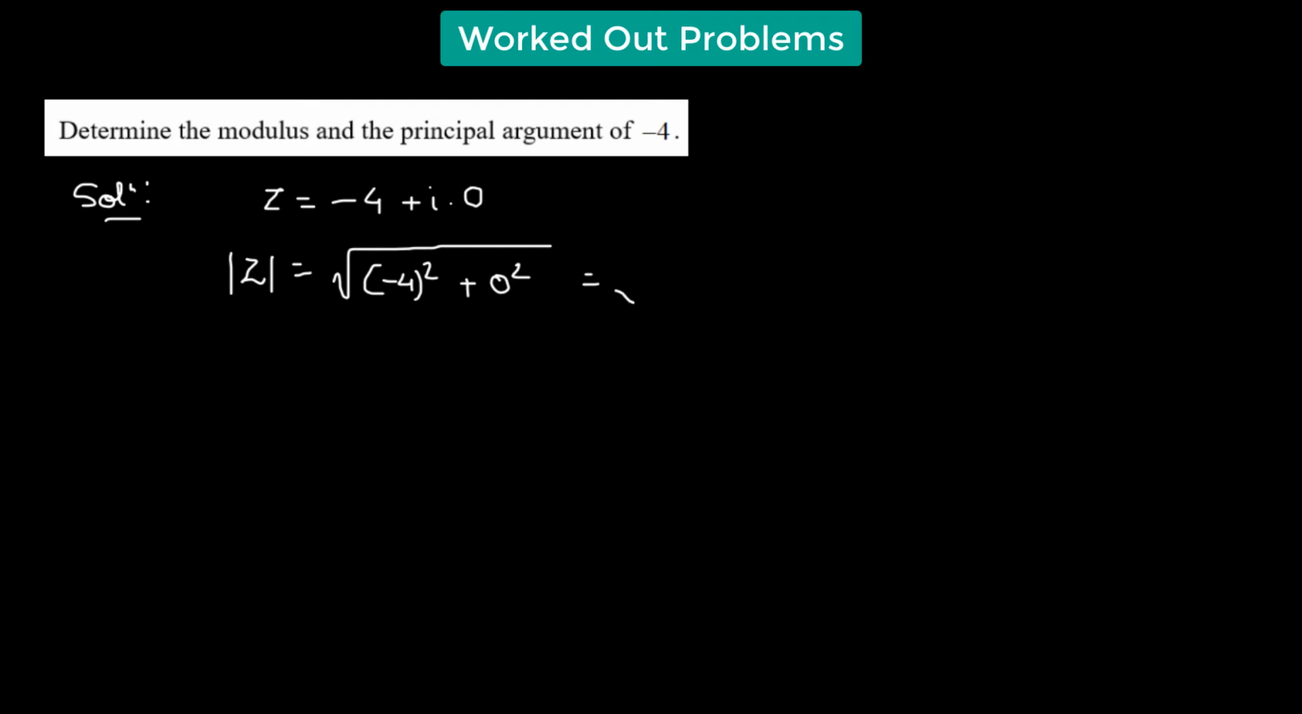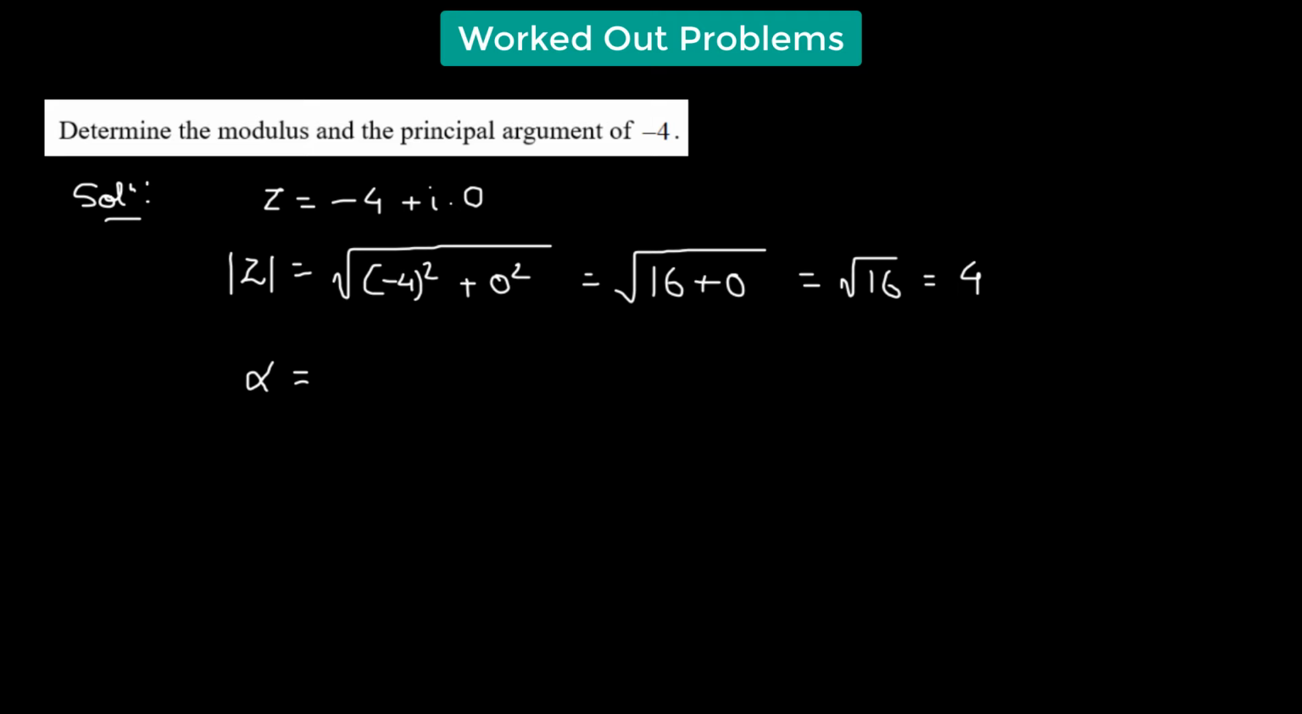which gives us the square root of 16 plus 0, which is equal to the square root of 16, and its value is +4. So here we have to consider a positive value for the modulus of z, because that represents the length of a complex number. Coming to the principal argument, first we have to find out the value of the acute angle